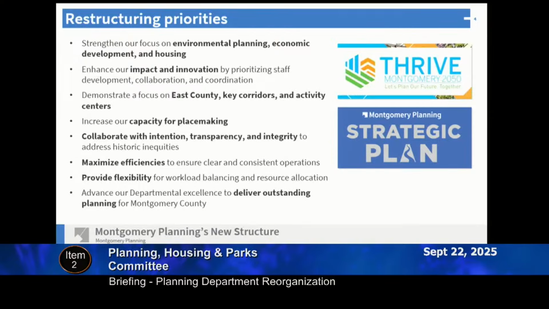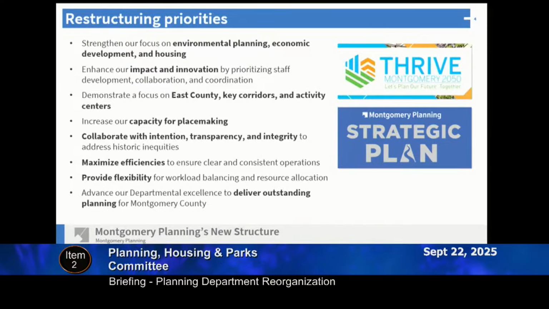And so you can see here those priorities were strengthening our focus on environmental planning, economic development, and housing, enhancing our impact and innovation, demonstrating a focus on East County key corridors and activity centers, increasing our capacity for placemaking, collaborating with intention, transparency, and integrity, especially as it relates to addressing historic inequities, maximizing efficiencies to ensure that we have clear and consistent operations, and providing flexibility for workload balance and resource allocation, and then finally, advancing our departmental excellence to deliver outstanding planning as is expected.